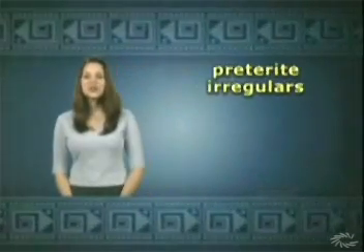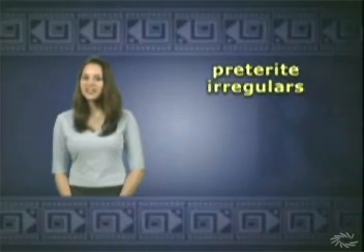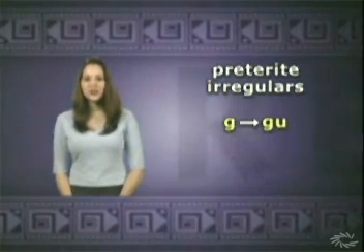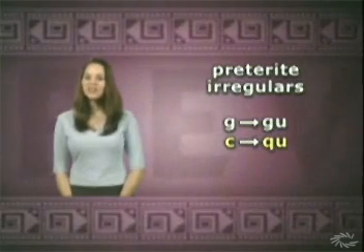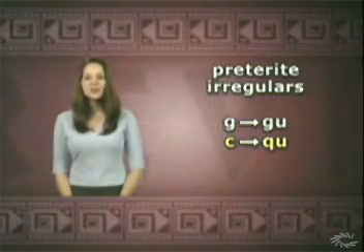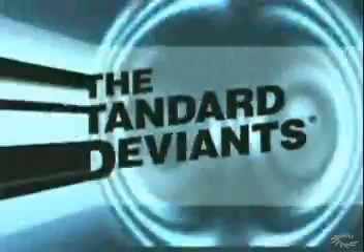Some verb stems undergo a slight spelling change when certain preterite endings are used, like G to GU or C to QU. These spelling changes help preserve the sound of the original verb. And then there are the verbs ser, ir, estar, and hacer, which have downright bizarre preterite conjugations. Now that you're familiar with the preterite, let's